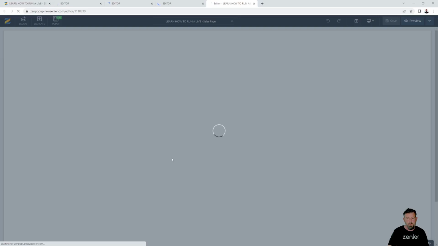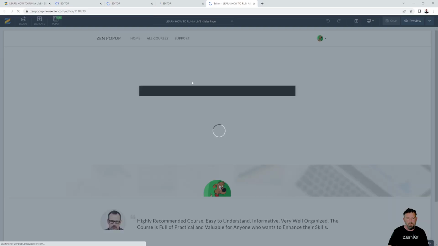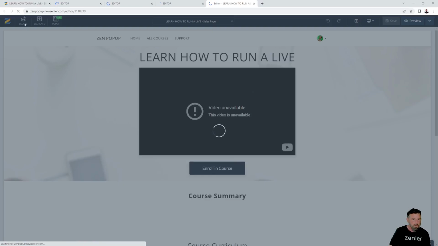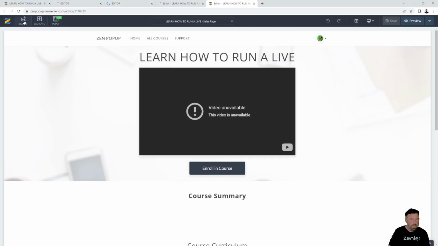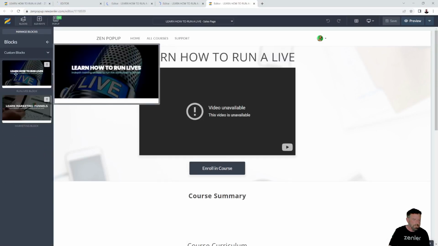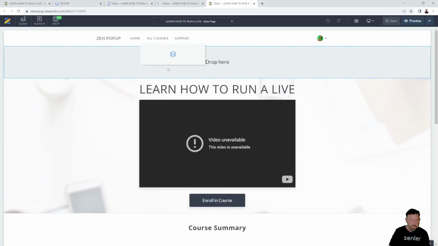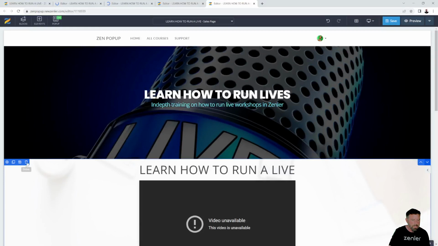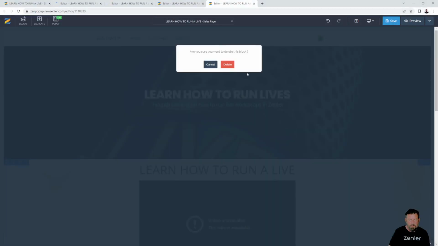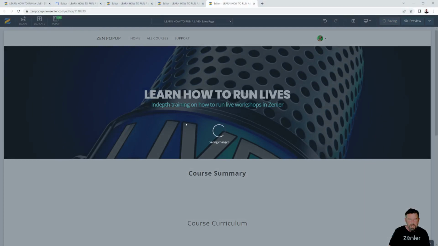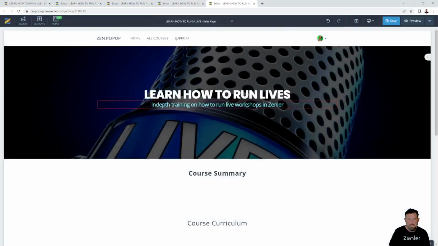working. So here we go, we're on it. So I start working on the sales page, and by the time I've finished, all the other pages will have loaded. I can go down here, this is how to run live. I can drop my block in there for how to run a live for that course, delete that block out, click delete, save that off, and then I might be finished with this page, and then